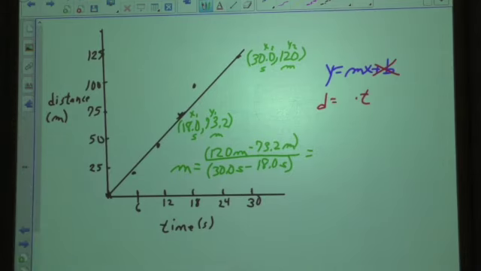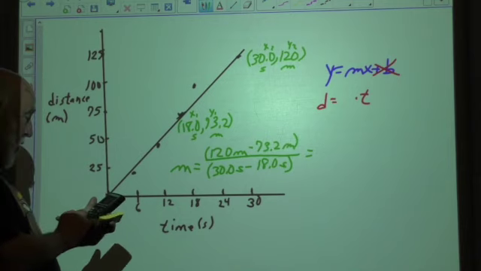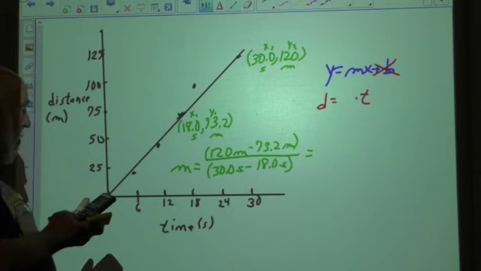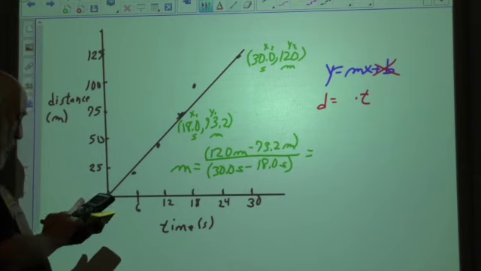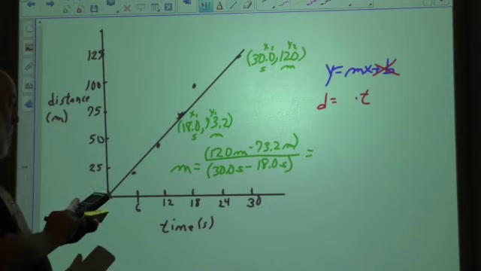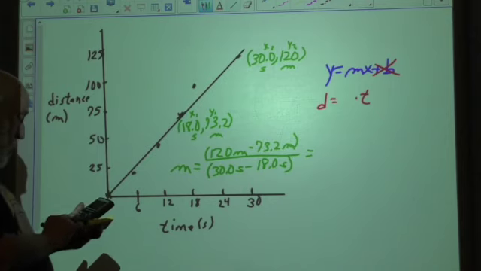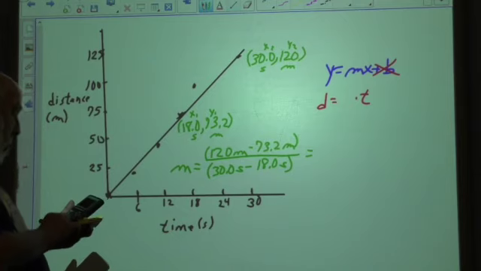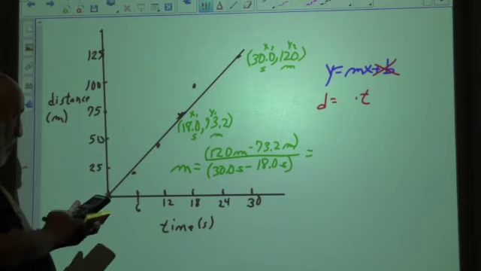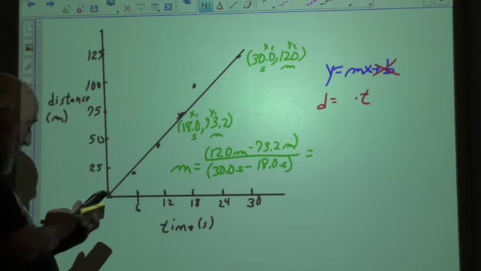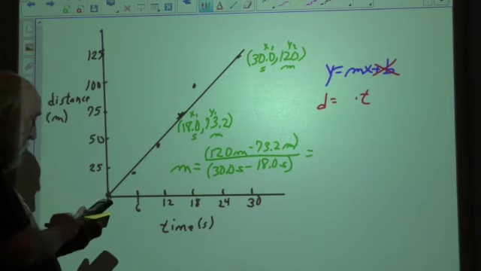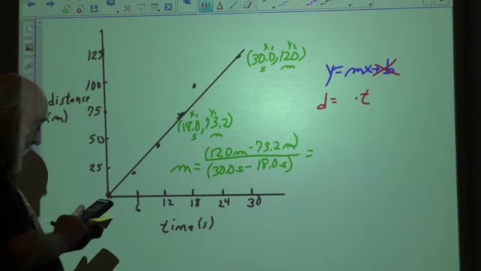Okay? So, let's go ahead and do that. 120 in parentheses minus 73.2 divided by parentheses 30.0 minus 18.0 close parentheses, and I get